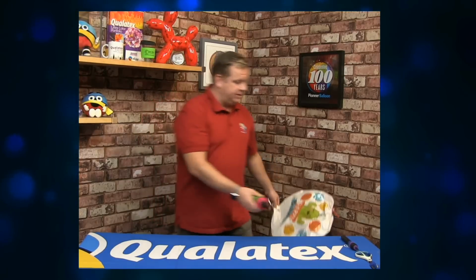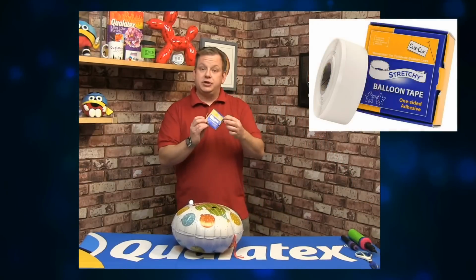So it's going to be completely air filled, but we already have one connected here. So I'm just going to use that one, save you the time of inflation. And you can see it puts a kind of a little distortion on here, but it is a very solid connection. For this connection, we could actually use, if you prefer, the Click Click stretchy balloon tape,